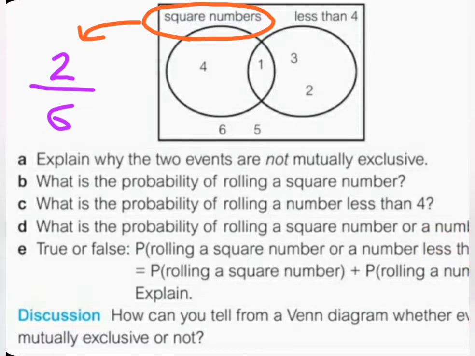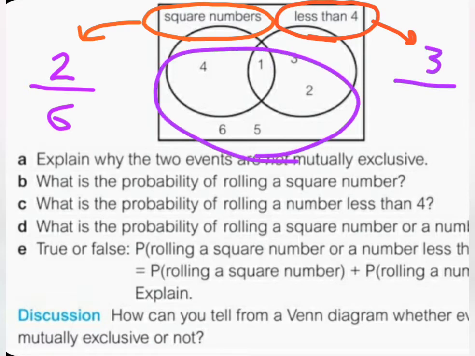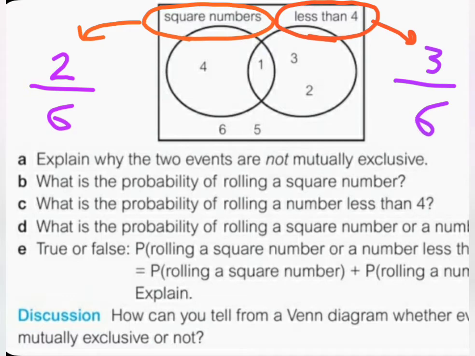And then the next question says, what's the probability of rolling a number less than 4? As you can see in this event here, a number less than 4, how many numbers are less than 4 in a dice? Very good. We have 1, 2, 3. So they are 3. So I make a fraction, I write 3, and all of them are 6. Very good. So the probability of rolling a number less than 4 is 3 out of 6. Here I have the probability of rolling a square number, and this one is the probability of rolling a number less than 4. Now, next question says,